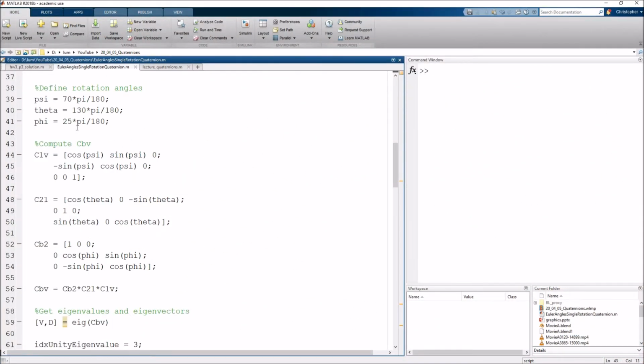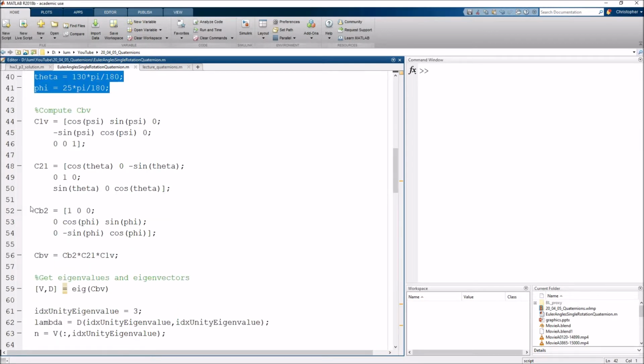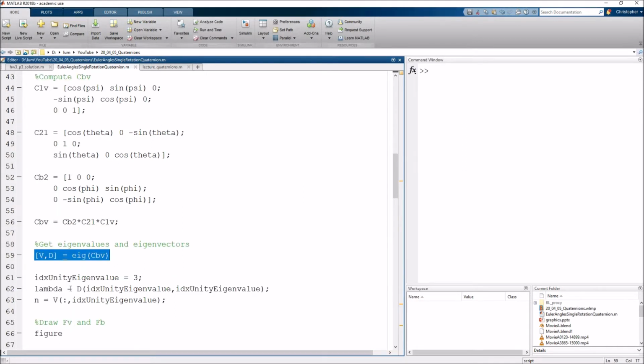All right, so this is virtually the same script that we went over in our Euler angle lecture. As you can see, we're just going to define our Euler angles. We will then compute the total direction cosine matrix to rotate from the northeast down to the body frame. Then we're going to get the eigenvalues and the eigenvectors, just to refresh your memory. We were looking for the eigenvector associated with the eigenvalue of unity. We showed that is basically the axis of rotation of what this rotation matrix is going to do. We saw that was the last eigenvalue, in the 3rd position, so we pulled that off and used that eigenvector as the axis of rotation